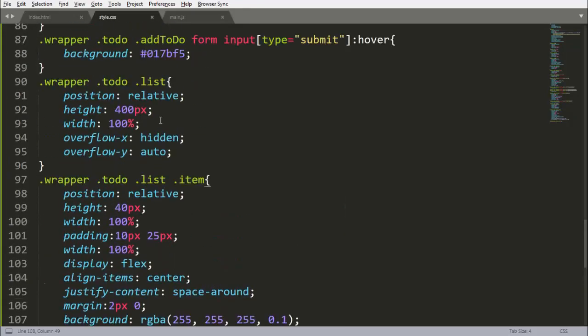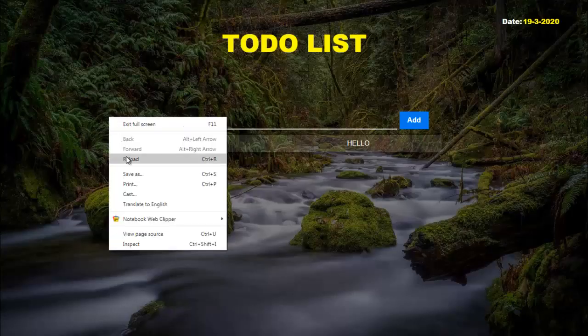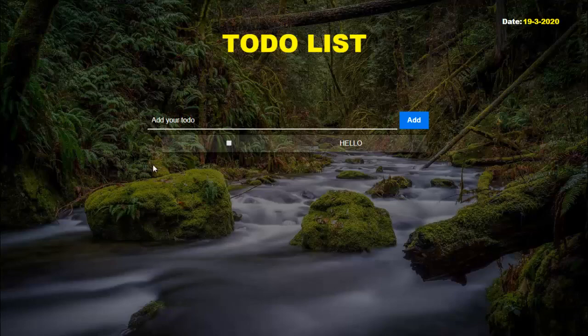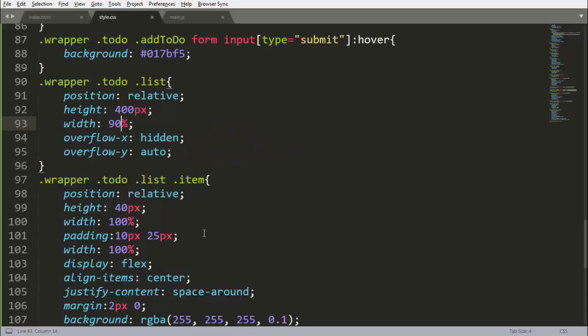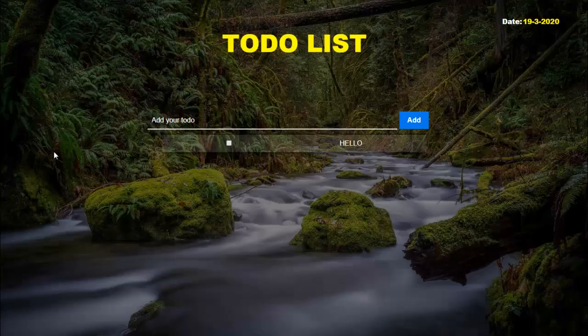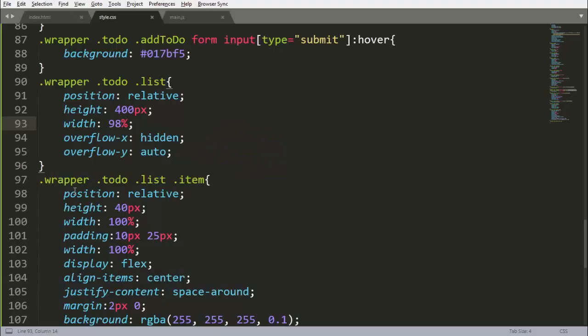Here let's make its width 90%. Reload it, see that now width 90% is okay here. So 98%, 97, 95 will be okay.